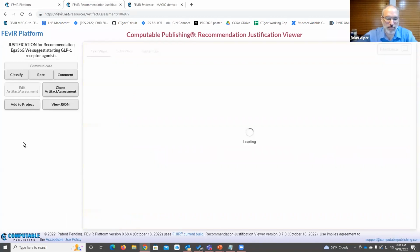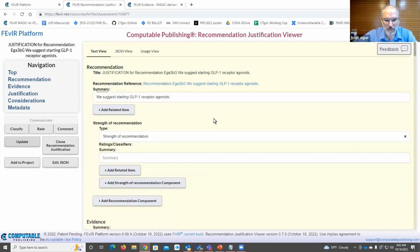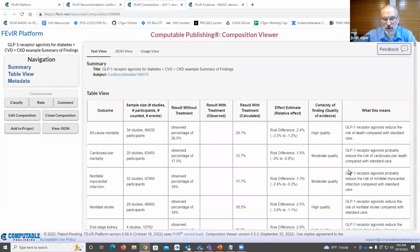So now if we update this recommendation justification, we'll see the evidence has a summary of findings with the link to it and the certainty of evidence rating. And we're still working on this. We'll enable this to be a link like we did up here. From the editing view, we can actually see that link, and we go to it and we're back at that